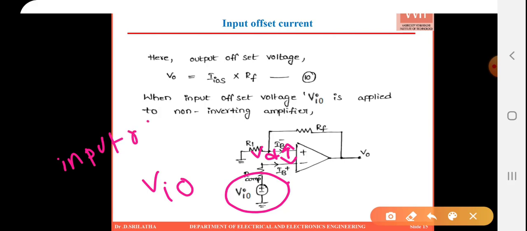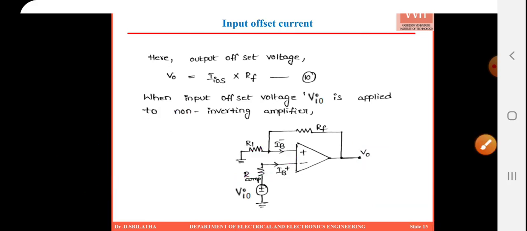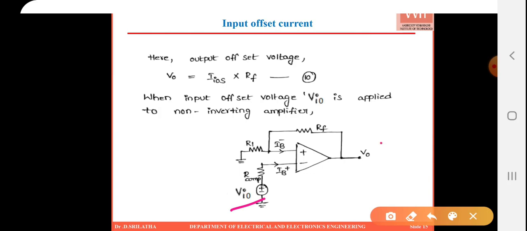That is called input offset voltage. What is this input offset voltage? This is the voltage appearing between the two terminals of the op-amp. Even though we are not applying any input voltage, because of this input offset voltage, there will be some additional voltage appearing at the output. So this is the unwanted output or the noise, and that has to be nullified. Let us see the effect of this input offset voltage. If you consider this expression, VIO is the input offset voltage due to which the output offset voltage appears.